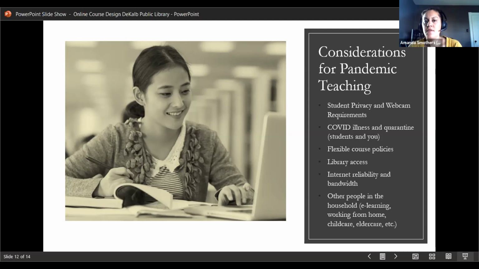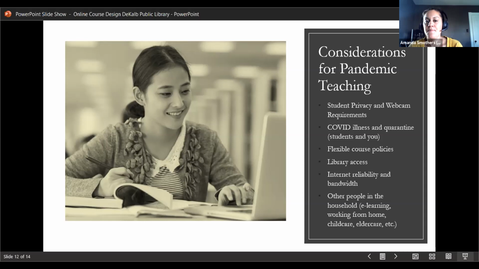And now we can think through things a little bit more, and the policies and requirements that we have. And one of those is student privacy and webcams. This can be an equity issue. Maybe a student doesn't want you to see into their home. Maybe they come from a low-income family and they don't want you to see that, and when they're in the classroom, you can't tell necessarily that. So